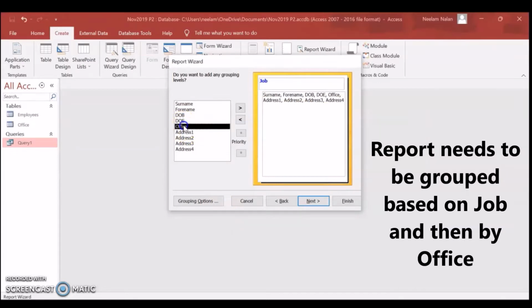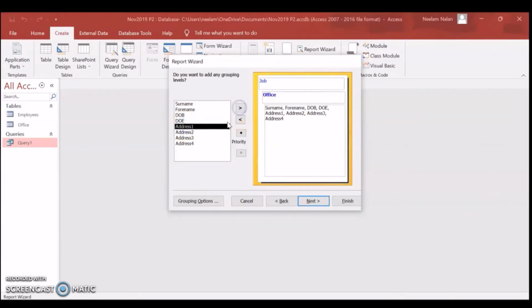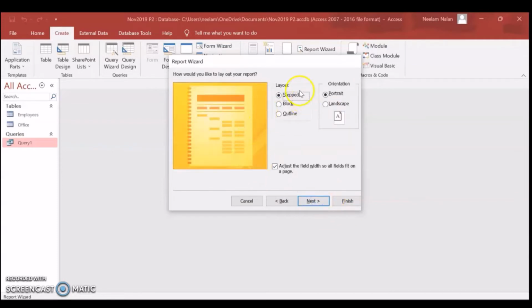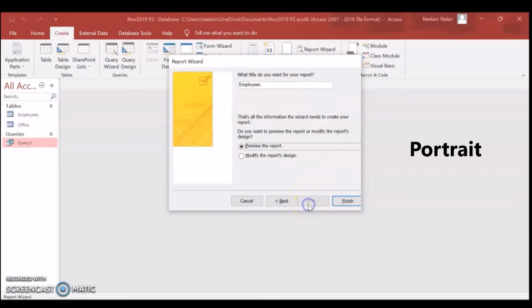Okay. We'll take next. We'll keep it as it was mentioned, portrait orientation at the starting. Let's give some name. Employee Award December 2019.